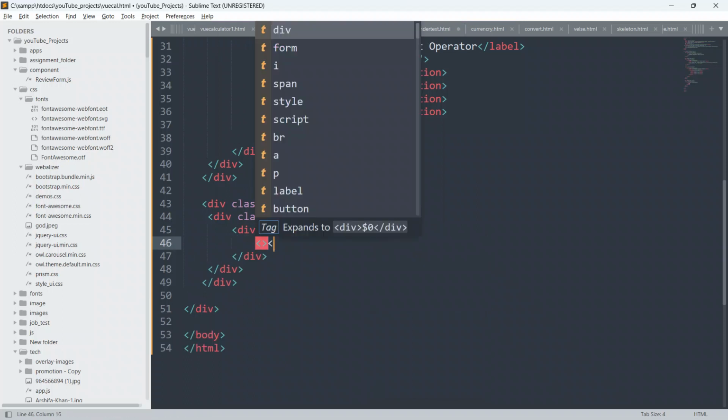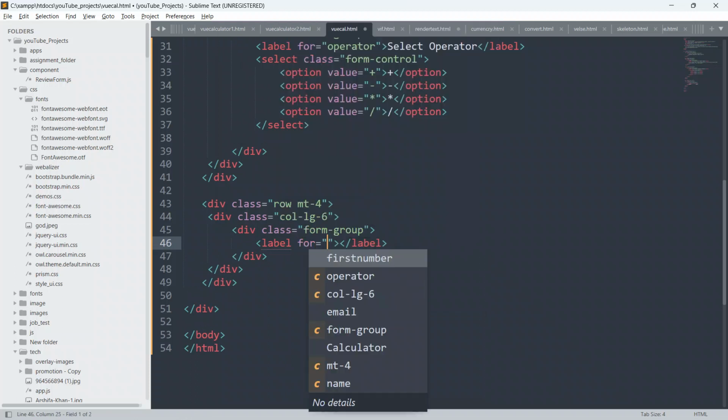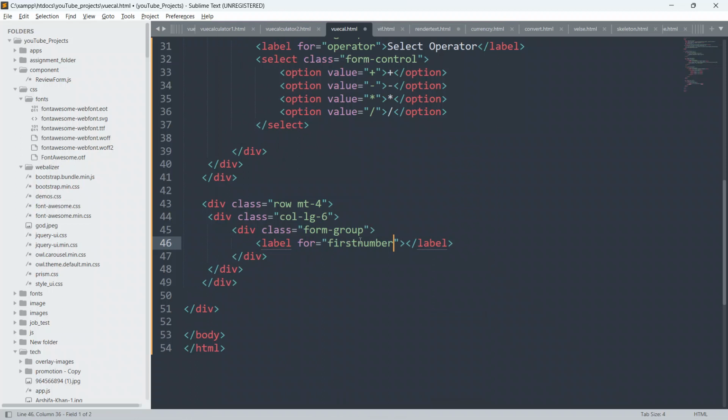Inside this div I'm going to create the label element first, and close it. I'll give the for attribute as second number, and the text also as second number. Below this label I'm going to create the input.